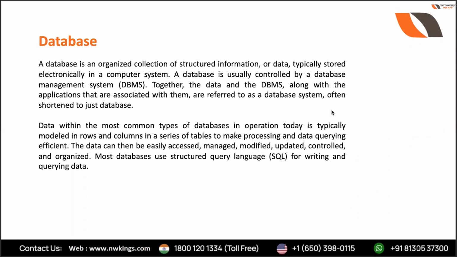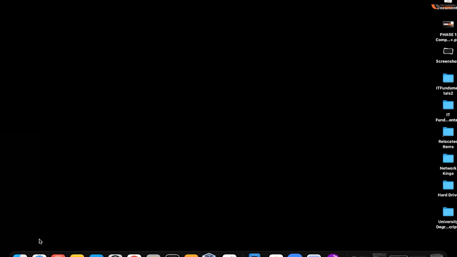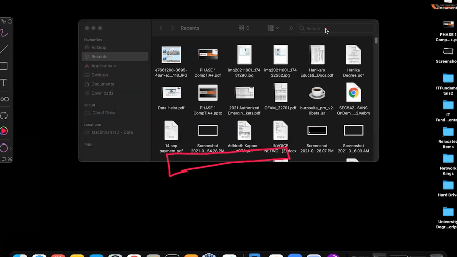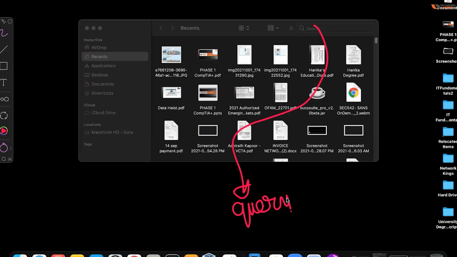And when you have to retrieve that data, like here, if I have to retrieve my data, what will I do? I'll go here. I just search for it. What is this? This is also known as a query. I'm trying to find out where my file is. Where is my file?